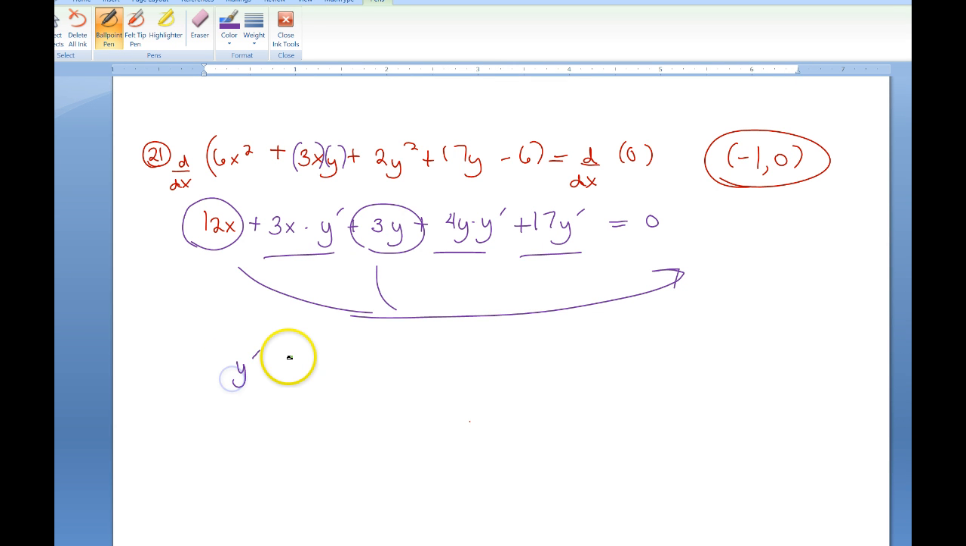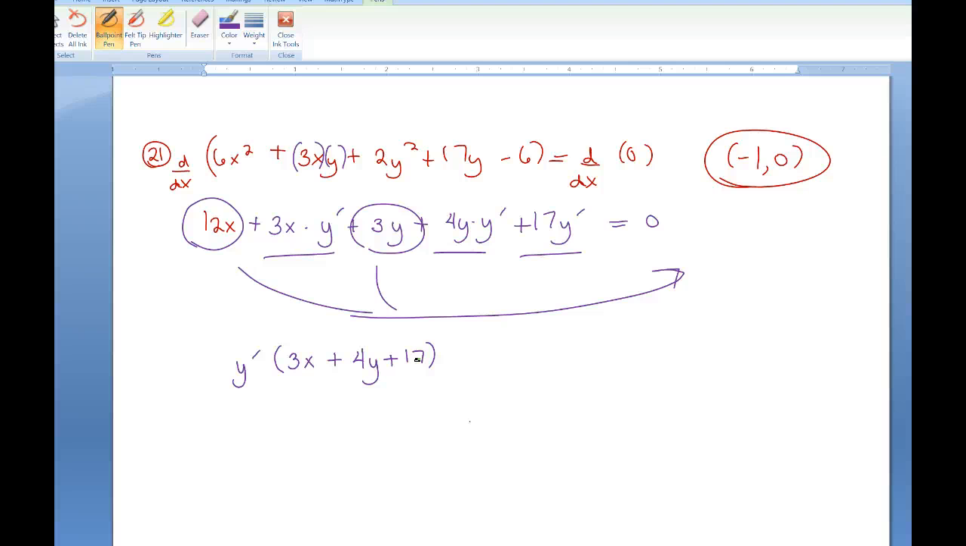So every time you take a d dx of something with a y in it, you have to do it normally and then just add the dy dx. Yeah, exactly. That's where you're actually applying the chain rule. So anytime you do d dx of something with a y, it's just going to be